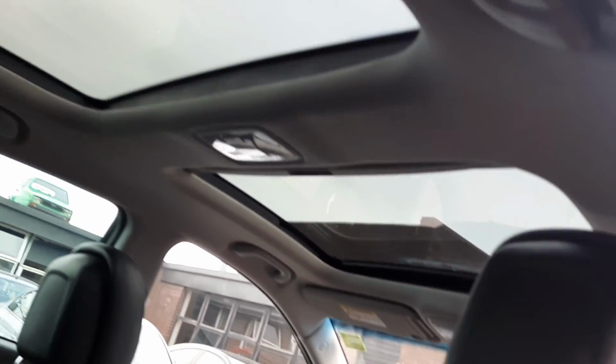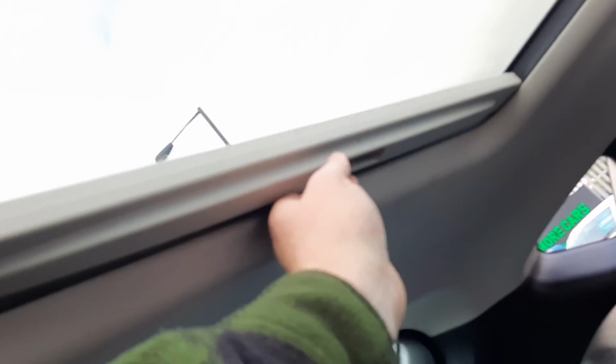are the sunroofs. There's dual sunroofs right here. Oh my goodness, you do not see this in cars, and that makes this one a rarity. You've got one for the back and one for the front. They are manual,